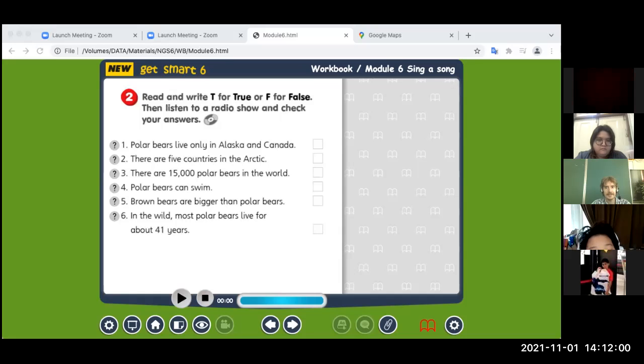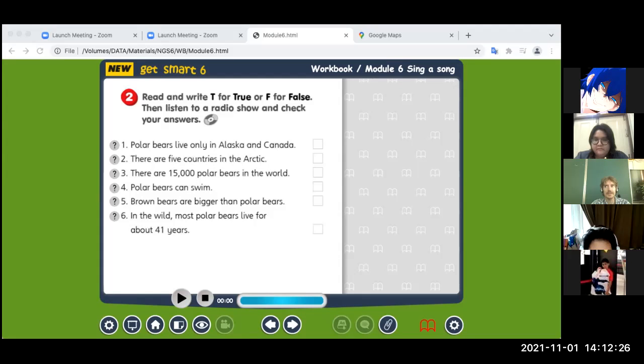Like this, or like this. So what do you think? I think false. So everybody use your reactions. Don't say it, just use reaction to show what you think.